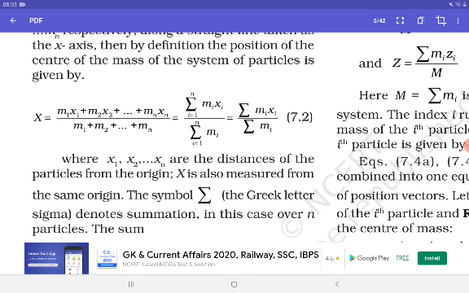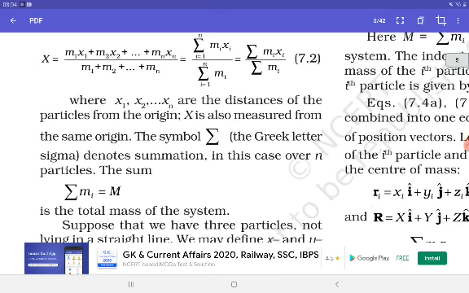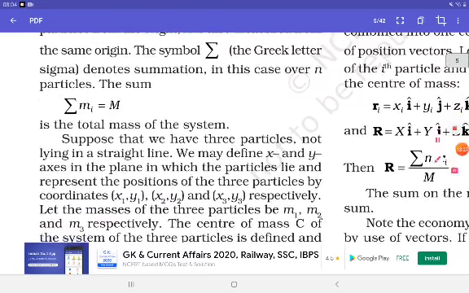Summation i equals 1 to n of mi xi divided by summation i equals 1 to n of mi, which equals sigma mi xi divided by sigma mi, where x1, x2 up to xn are the distances of the particles from the origin. X is also measured from the same origin. The symbol sigma denotes summation. In this case, over n particles, the sum sigma mi